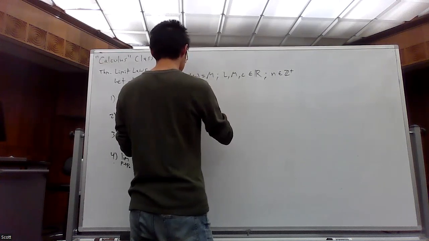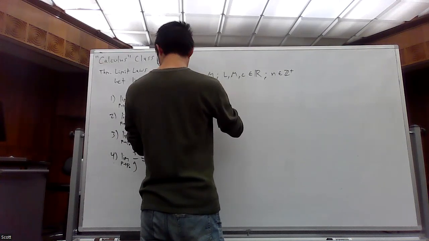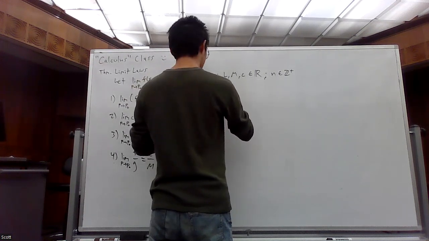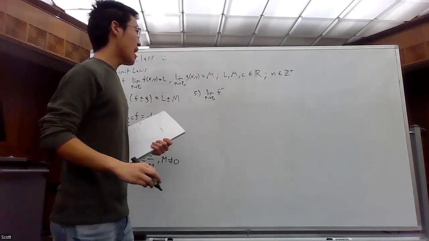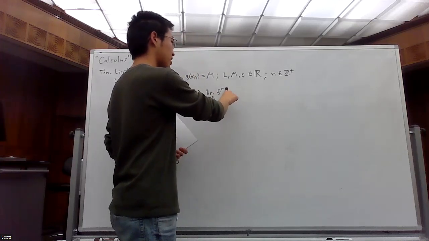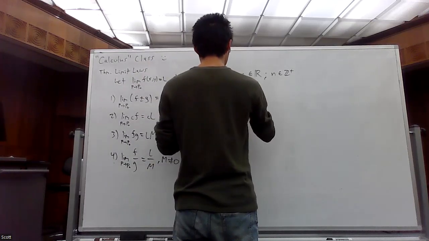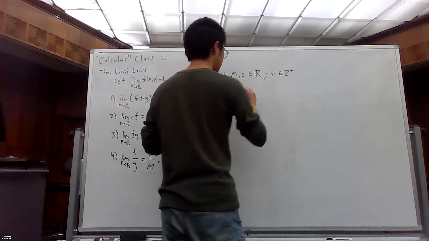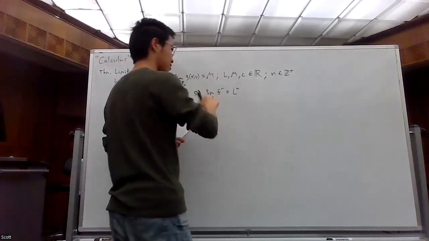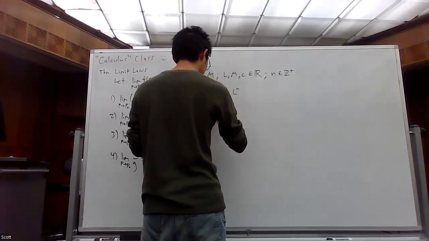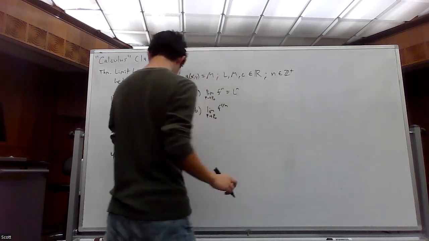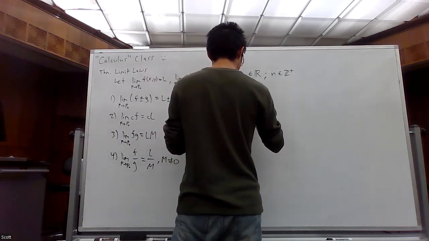Rule 5 is kind of like a power rule for limits, in the sense that if you take the limit as P goes to P naught of a function that's been raised to n, and recall that n has to be some positive integer, so this is just like a power, like f squared or f cubed or f to the 4th power, then you can just take whatever the limiting value is supposed to be and raise it to that power. And if you can do exponents, you can also do radicals, which are fractional powers. So the limit as P goes to P naught of f to the 1 over n gives us L to the 1 over n.